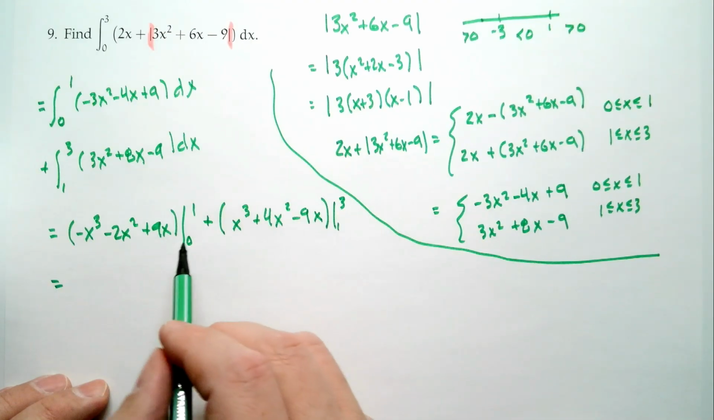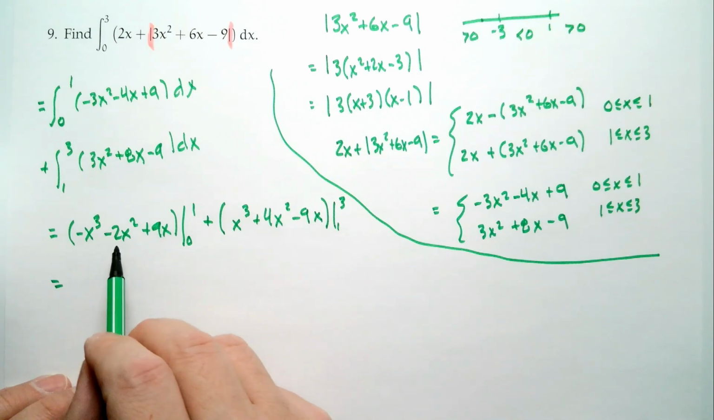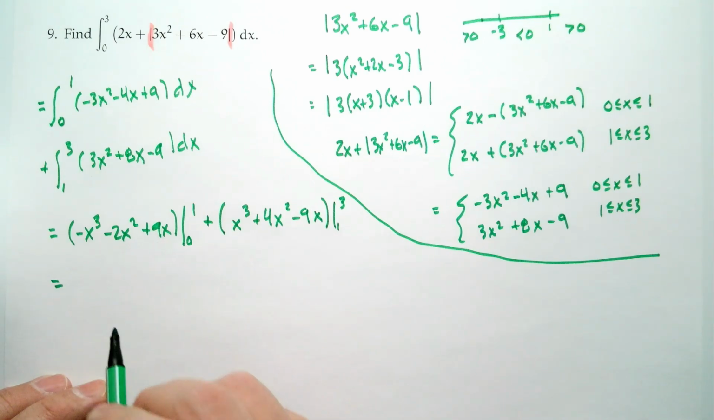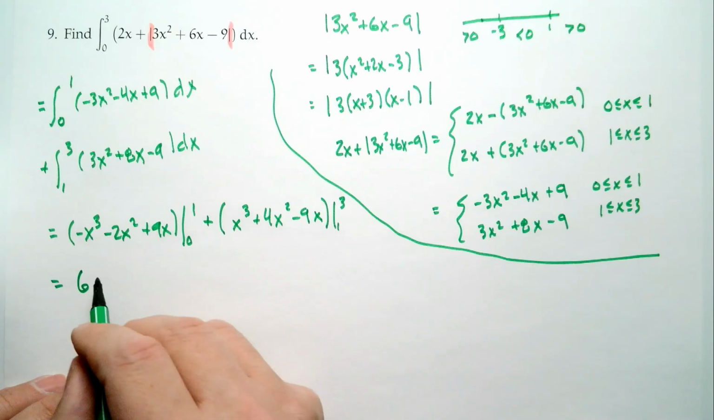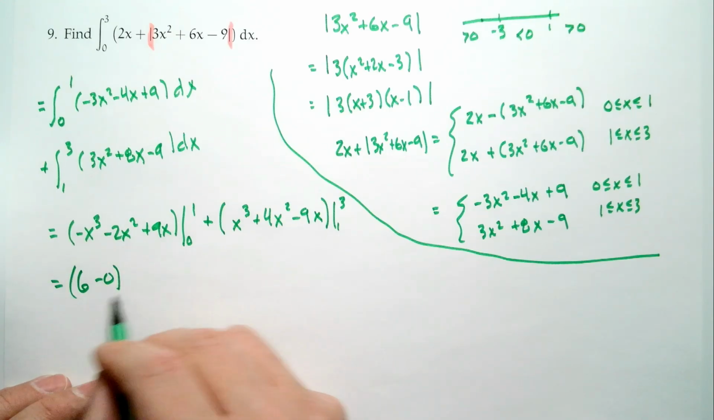So we plug in 1, minus 1, minus 2, plus 9. Now that one we can actually do in our head. That's negative 3 plus 9, which is 6. Plug in 0, we get 0. So 6 minus 0 plus,